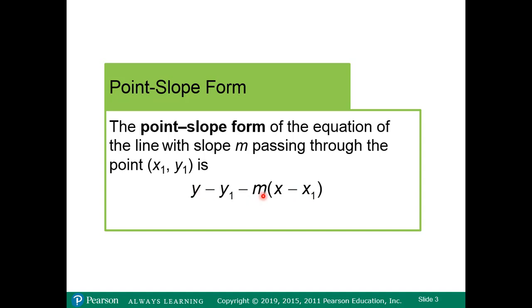So y and x represent any other point on the line. So all we need is at least one specific point and the slope, and we just plug it into this form, and we're done. And that's the point slope form of a linear equation, or a function of a